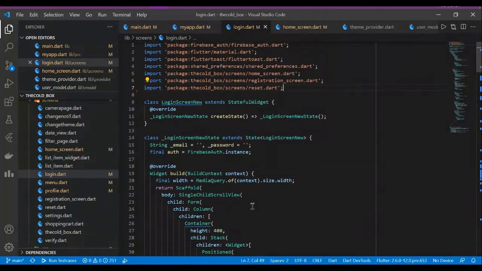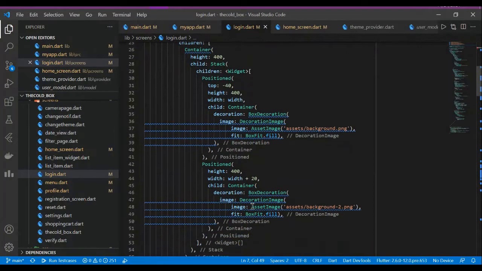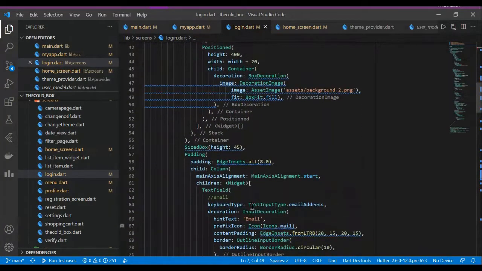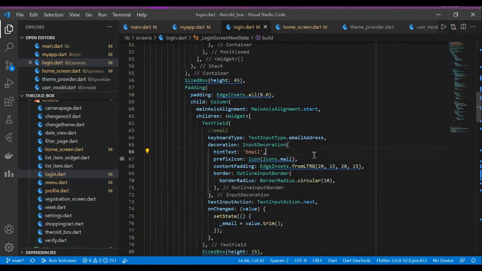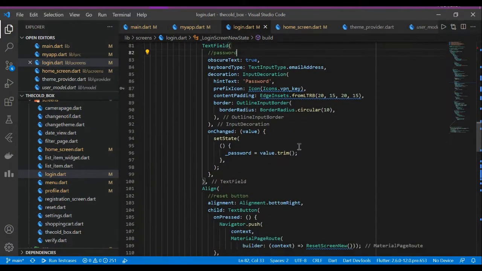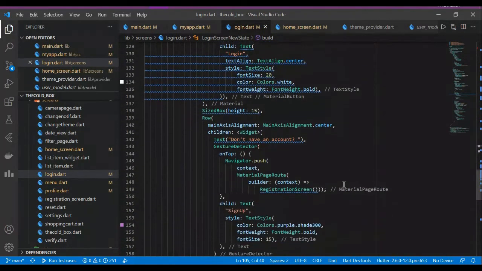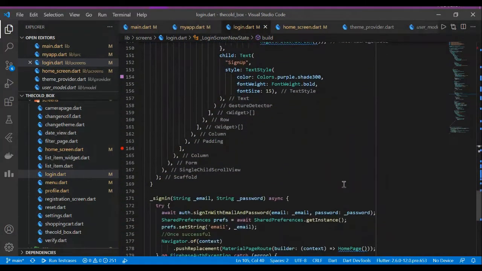Next, in the login_screen.dart, we have the usual UX code along with an email text field, password text field, and a button for resetting the password. As we scroll down, we can see a function for signing in.